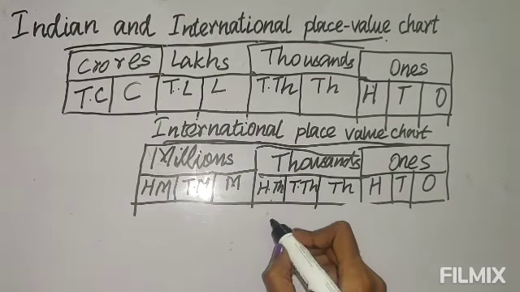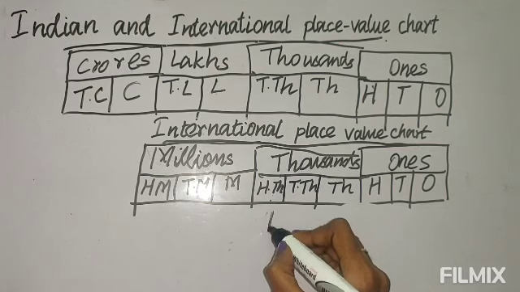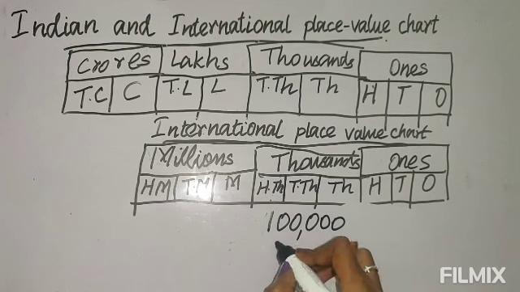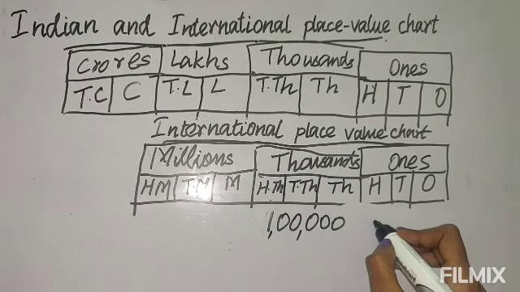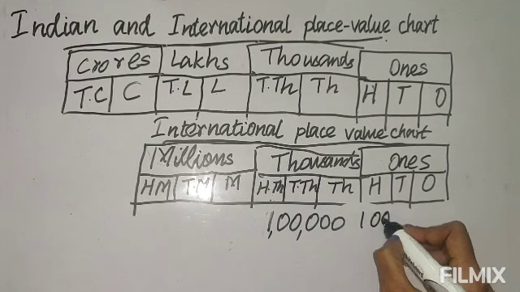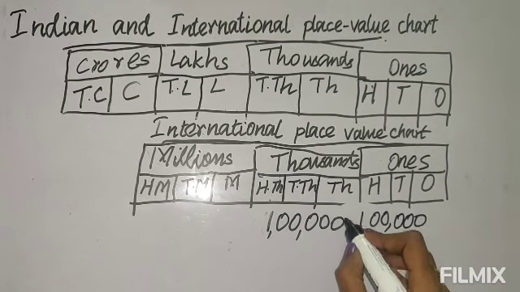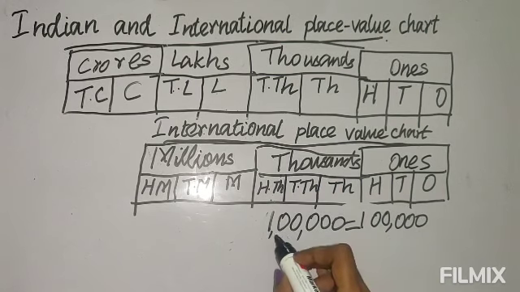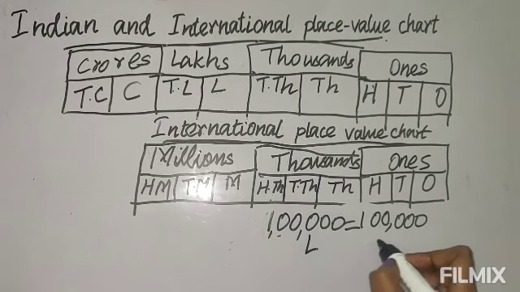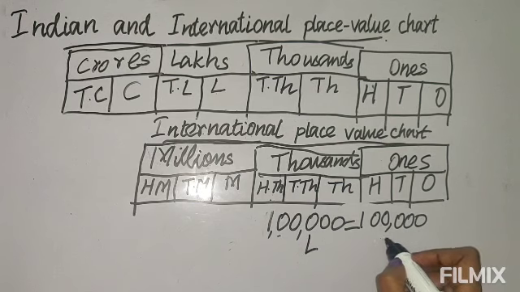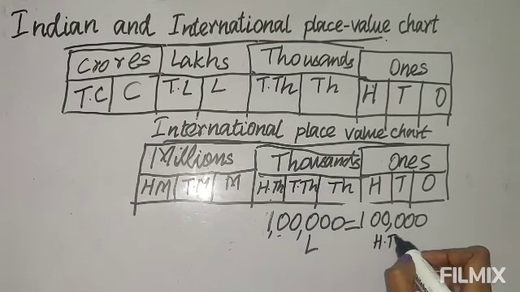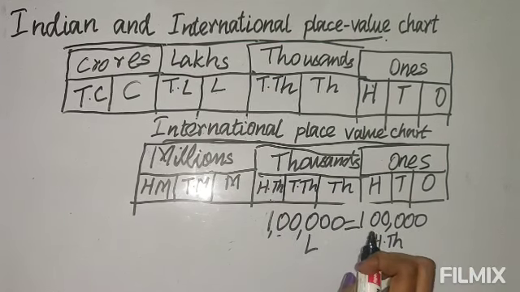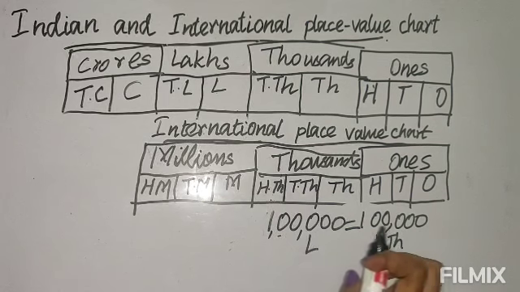That means lakh, how do you write it? How many zeros are there in lakh? There are 5 zeros in lakh. And the same thing, if you write 100,000, it is the same. So both are same. The numbers are same, only the comma is placed in different places, and one is called lakh and the other is called 100,000. The value is same, but the way of calling and the way of marking the places and periods is different.